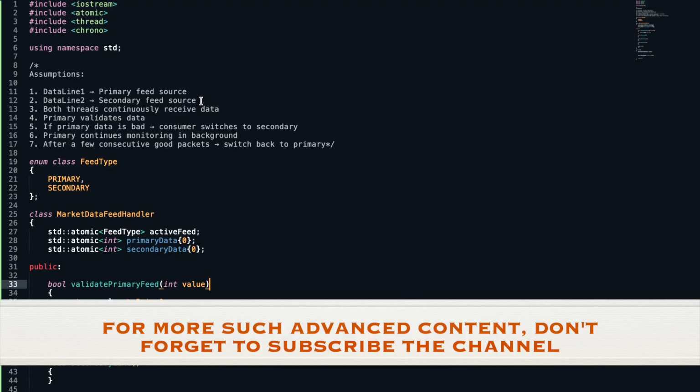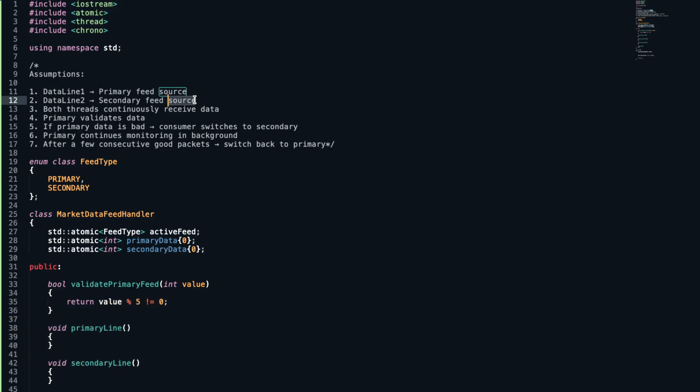So let's get started. Here I am taking a few assumptions: data line 1 will be providing the data to the primary line and data line 2 will be providing the data to the secondary line, and data line 1 and data line 2 will be implemented by the Exchange and they'll be delivering the data to the primary line and the secondary line. In our implementation we will not implement data line 1 and data line 2. Instead of that we'll take some variable to simulate the data, and at the same time the primary line as well as the secondary line will continuously be getting the data from the Exchange,